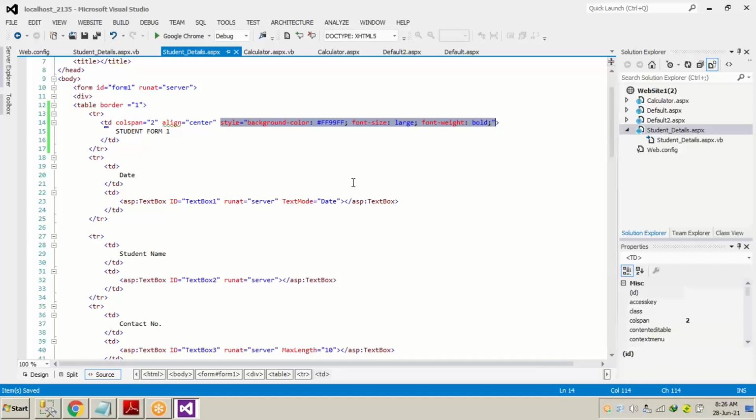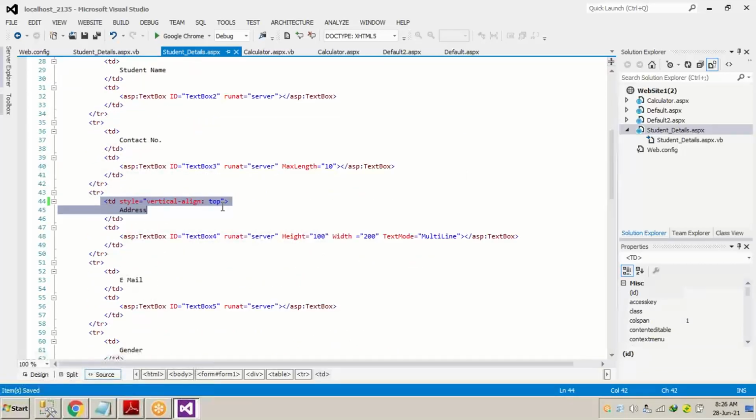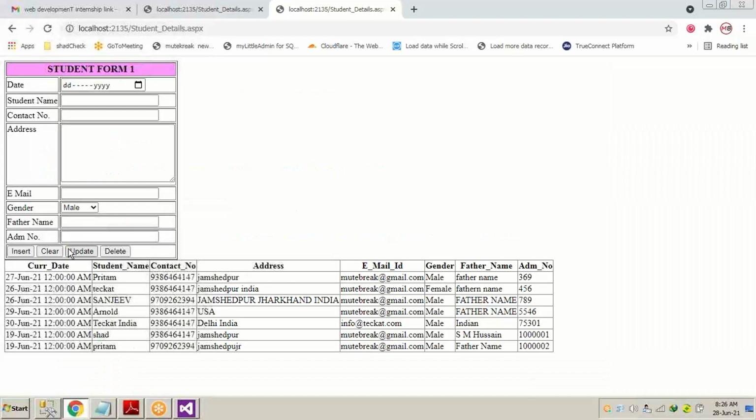With the style we just added, the address label was appearing in the middle of the TD, vertically in the middle. We just shifted it to the vertical top of the TD so that it looks slightly decent. And we did some insert, clear, update, including deleting code. I believe you all have understood,